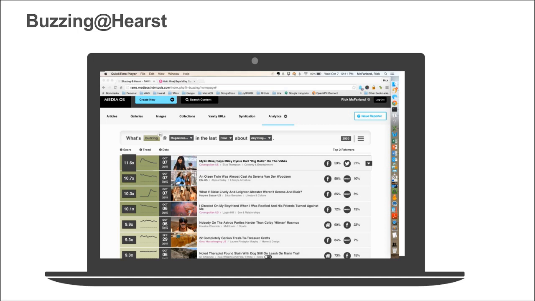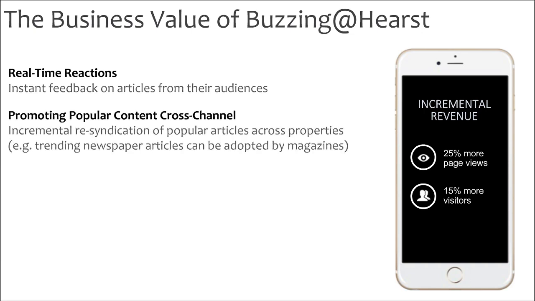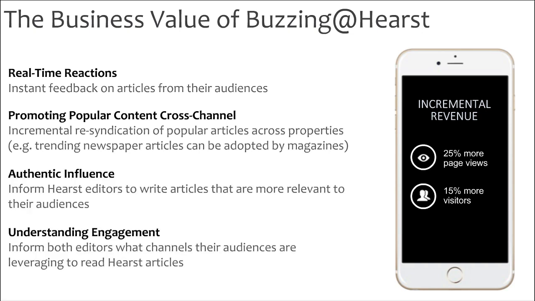What you're seeing here is individual articles. You're seeing how they're trending on Facebook, what people are saying, just doing sentiment analytics on Twitter, and how long people are reading them. And what they can do from this platform is redirect content from one magazine to another. If they see an article is trending positively, they can commission a follow-up article or make a correction to the article or publish it to other magazines where they know the readers are interested in the same thing. And so they're able to really improve their engagement with their audience for the content they're generating